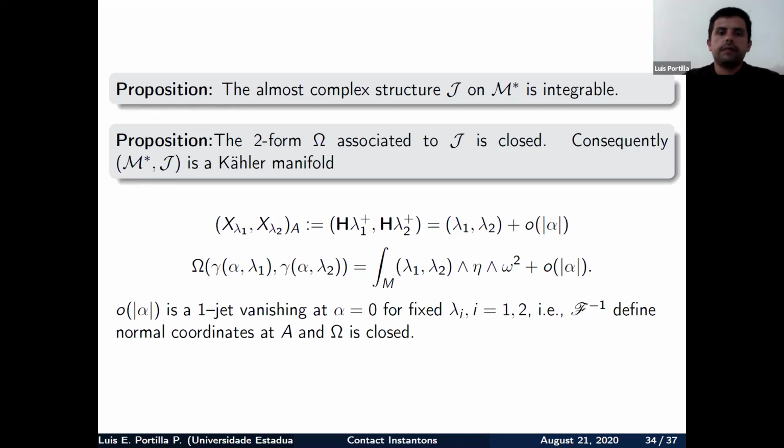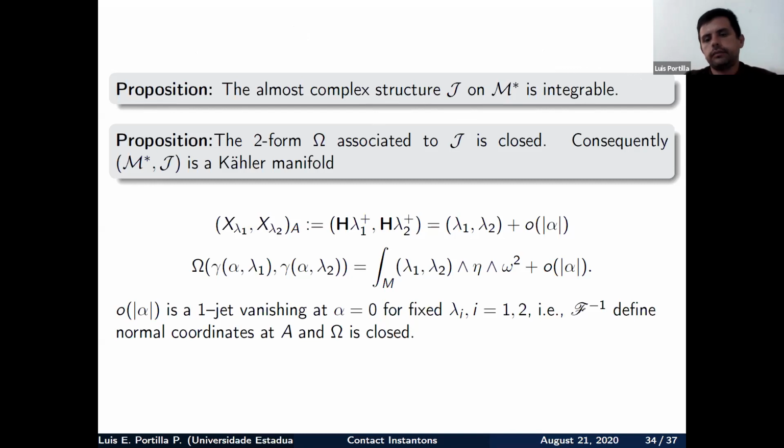For Sasakian manifolds, we are currently working on the case when N is a 3-Sasakian manifold. This is, there exist three Sasakian structures satisfying some hyperkähler-type relations. But in this case, we still cannot prove that the moduli space inherits a hyperkähler structure; in the Sasakian case, it is in fact a Kähler manifold. But I just want to recall that all this is on the hypothesis that the moduli space is